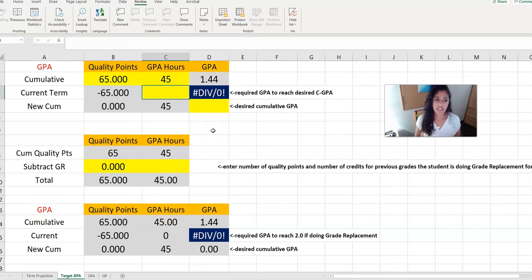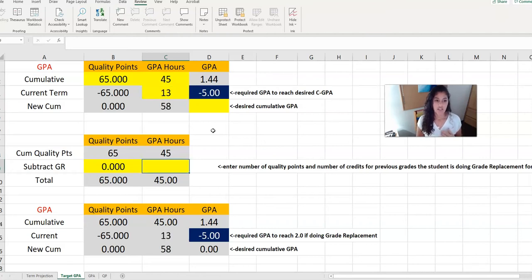And so the next thing that we need to know is how many credits they're taking this semester. And you can also use this to project, okay, at the end of the semester, we're preparing for next semester. But for whatever semester you're doing, how many credits are they going to take that we're expecting to count as a GPA hour? Keep in mind, GPA hours don't include things like incompletes. They don't include S, S+, U, W's, so it's just those letter graded courses. So let's say this student is taking 13